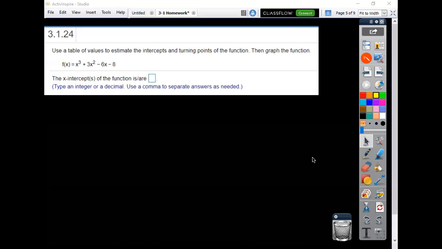Problem 3.1.24. Use a table of values to estimate the intercepts and turning points of the function, then graph the function. If you want to use a table of values, that's just like guess and check here. You would be plugging numbers in to see where it's actually going from positive to negative. Sometimes they call it that sign table. If you put in numbers and y comes out negative, you know you're below the x-axis. And if you put in another one and it's above, you know